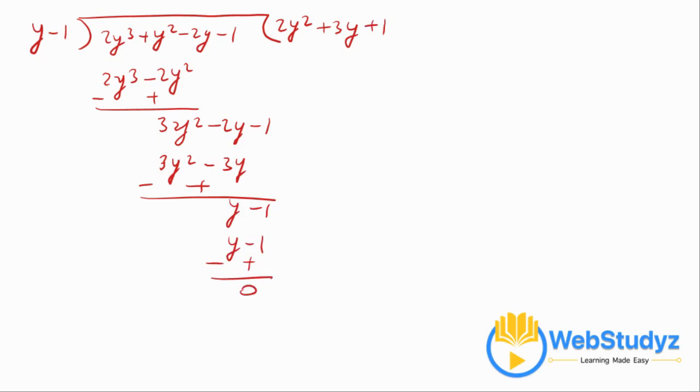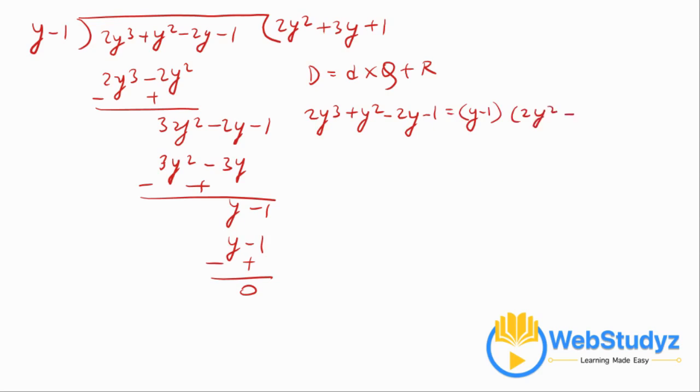That means using the formula dividend equals divisor into quotient plus remainder, we can write it as 2y cube plus y square minus 2y minus 1 should be equal to divisor y minus 1 and quotient 2y square plus 3y plus 1 and remainder 0. So this will be equal to y minus 1 multiplied by 2y square plus 3y plus 1,